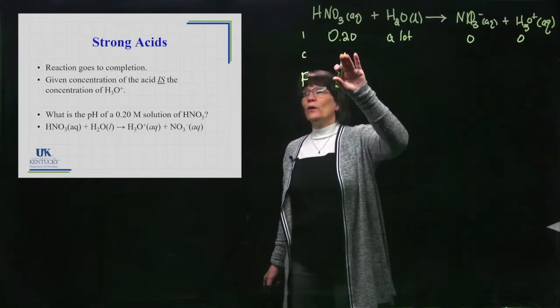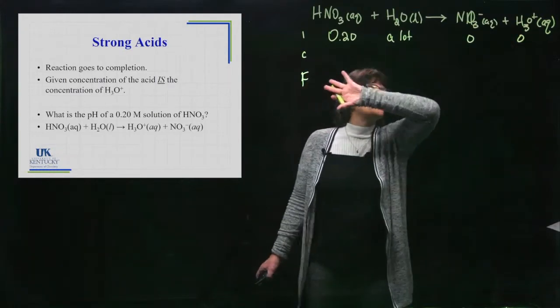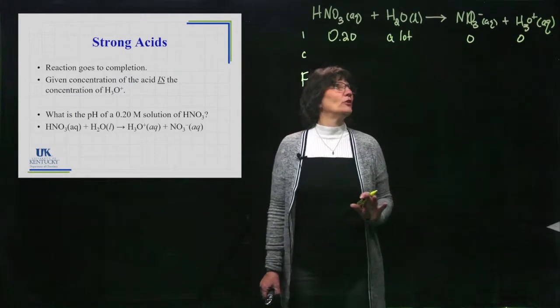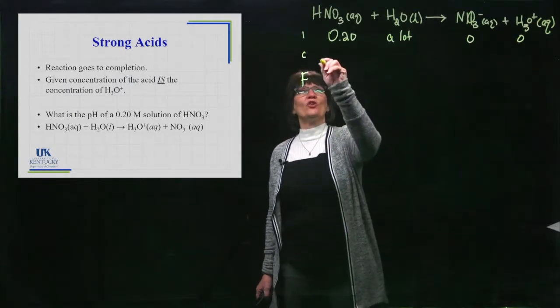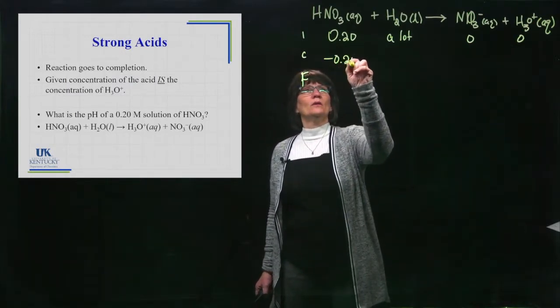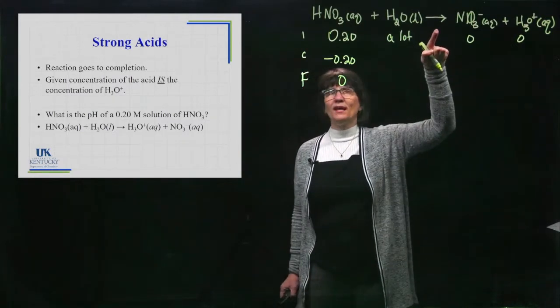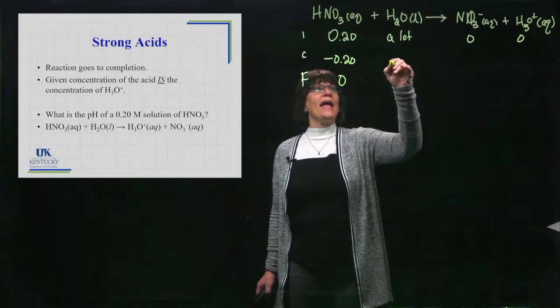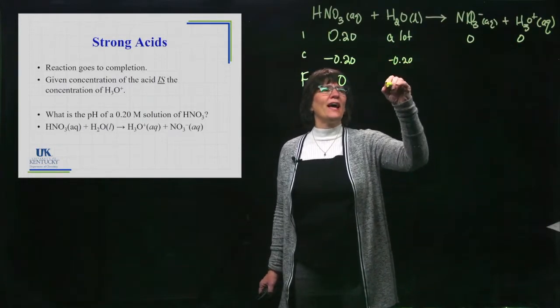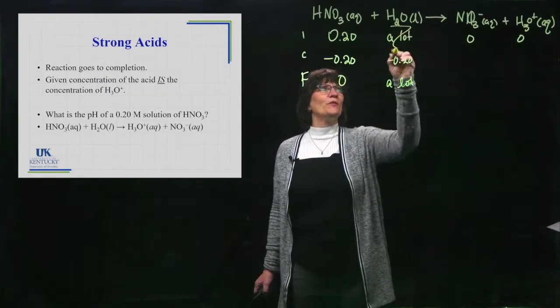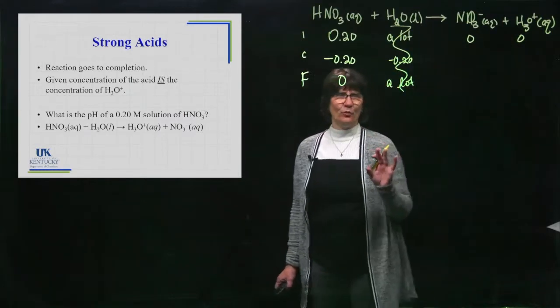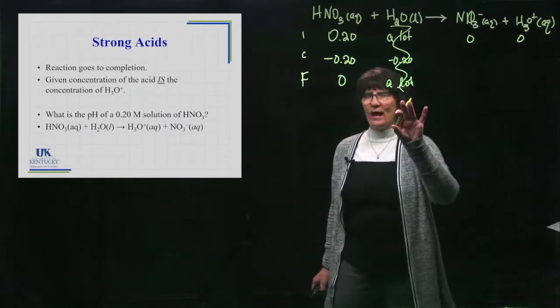Now, what we do in the change line is this reaction goes completely to products. All of it is going to get consumed, okay? And that leaves us with none. That's what a one-way arrow is telling me. Now, if we had a lot and a little bit of it reacts, we still have a lot, right? So I really don't have to put anything in under water ever when I'm doing these problems. I can leave the water out.